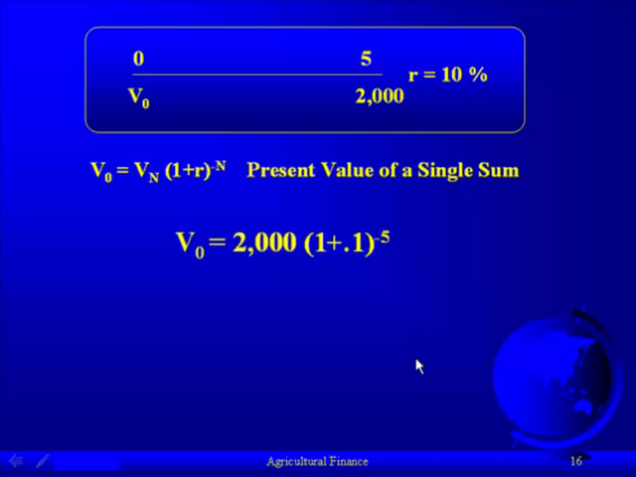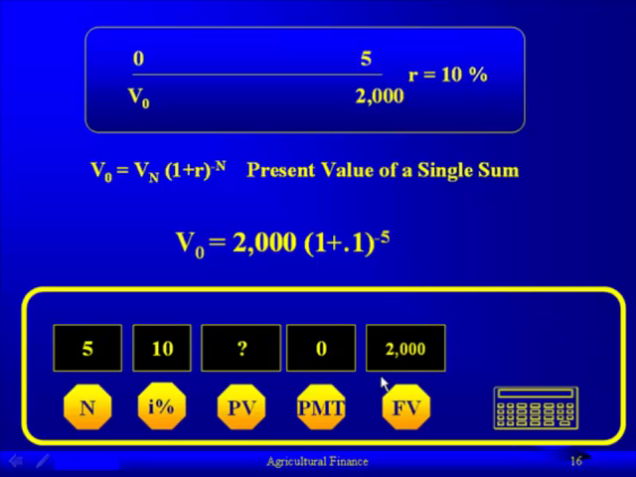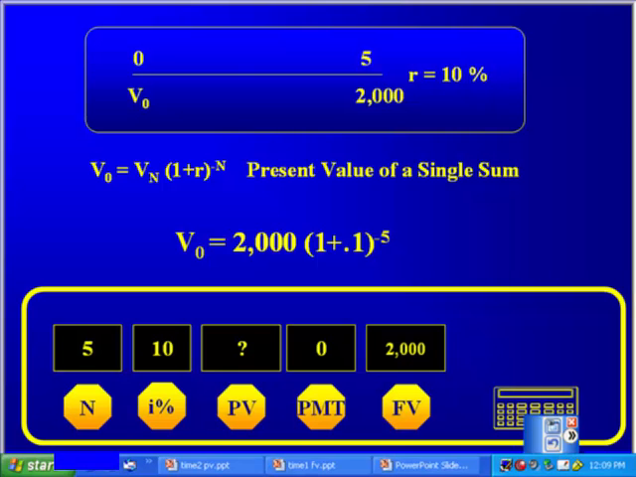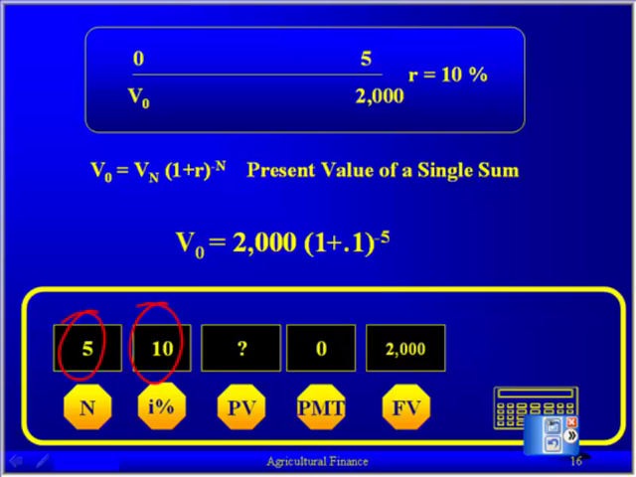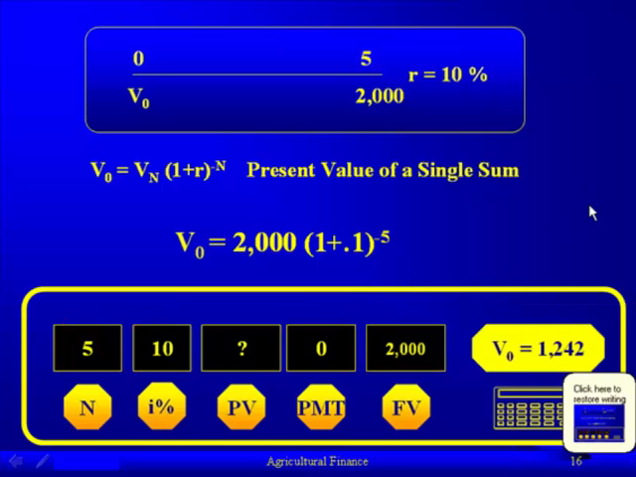Okay, the future amount is $2,000. The rate is 10%. We have 5 periods. So we put that in our calculator as 5 N, 10 I. We zero out the payment again to make sure the memory fields are cleared. The future value is $2,000. We solve the problem, and it comes out to